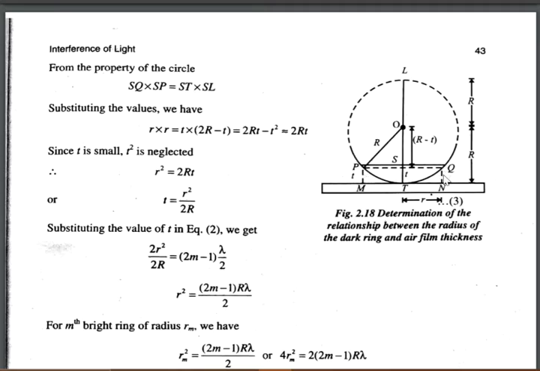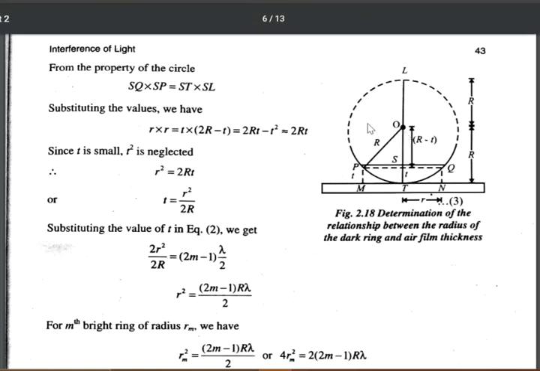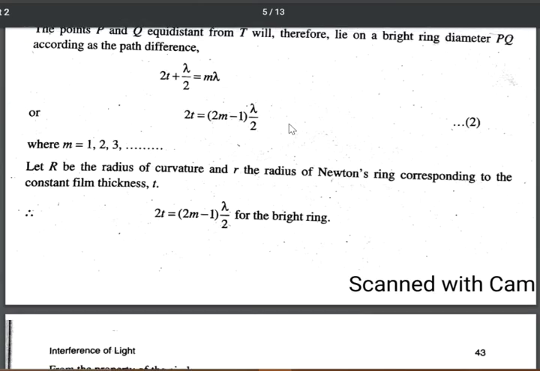At point P or at point Q, the thickness of the film is the same. Even at point S, the thickness of the film will be the same. Let us call small t the thickness of the air film at the edge of the plano convex lens. But the thickness of the air film is 0 at capital T. It is maximum, equal to small t, at point M or at point N. So O is the center of the circle, and remember all these points. Now we will go back to the explanation part.